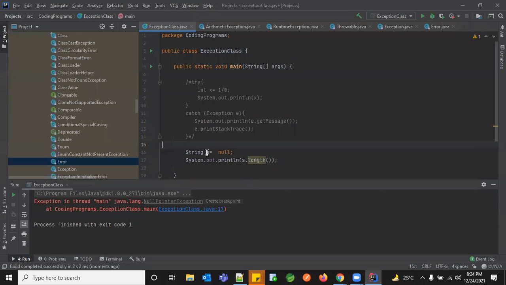So right now my object s has nothing, it's just null. On top of a null object, if I'm using some kind of operation or a method to perform some activity, it will not be able to do it, because this is not holding any kind of data, it's empty. And if you're doing some operation on an empty thing, it will end up with an exception which the system cannot handle. So for that purpose, again, what should we do now?